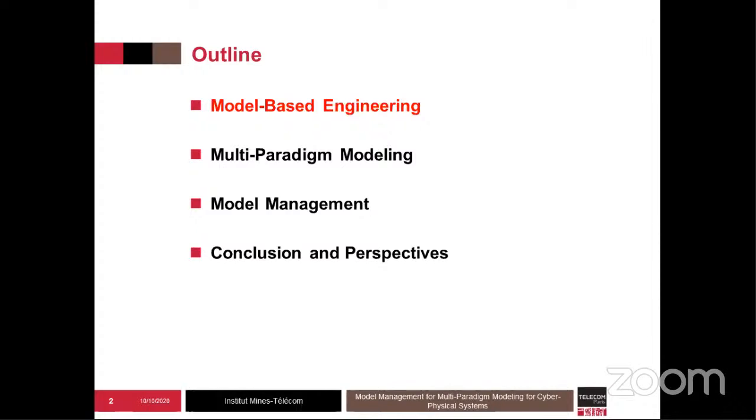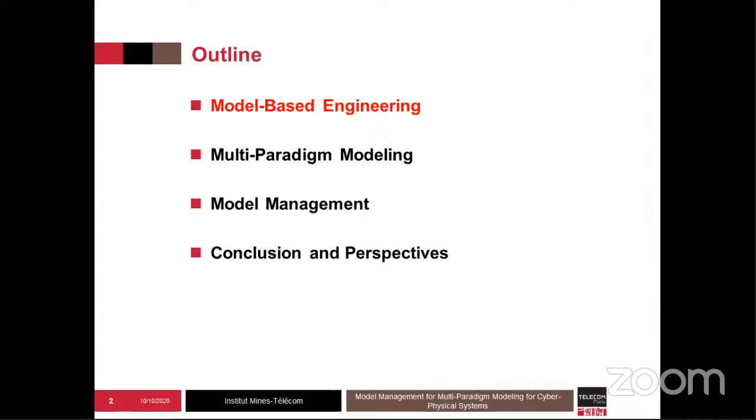So I will first start talking a bit about model-based engineering, where that comes from, because I think this is not something that is so well known for this audience. I will also adopt a point of view in which we are involved. We're involved in the development of a modeling language for cyber physical systems called AADL, and I will show where this comes from, what are the problems we're trying to solve with this language,